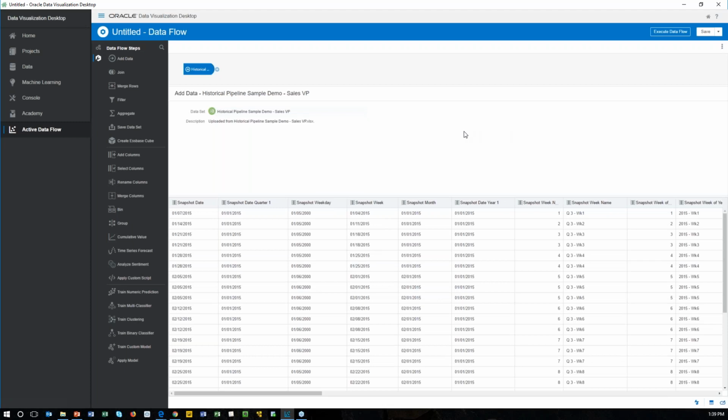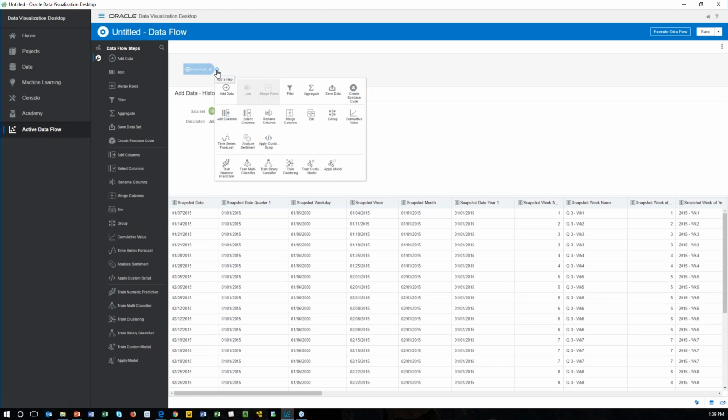And now I can actually see what this data looks like. I want to add a step here, and my step is going to be, I want to create a model here, and I want to train it. So I've decided, because I'm familiar with linear regression, and